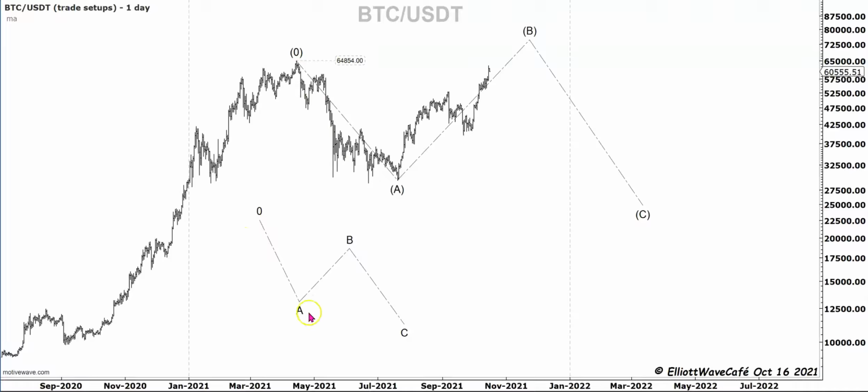We say that this move out of here has to be in 5 waves. It's a rule for a zigzag. Wave A is in 5 waves. Let's count from the highs. 1, 2, 3, maybe a big mess here in the 4th wave, followed by a 5th wave. And then let's say it's a failed 5th, and you have a 5-wave decline out of here. Let's just assume that that's correct. You go 1, 2, 3, maybe a big triangle here, or some type of complex correction, and then this latest drop here is a failed 5th wave,